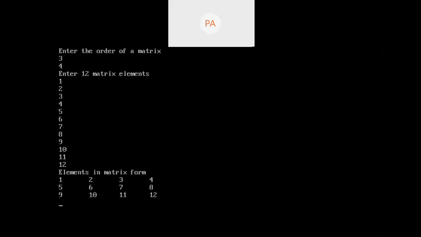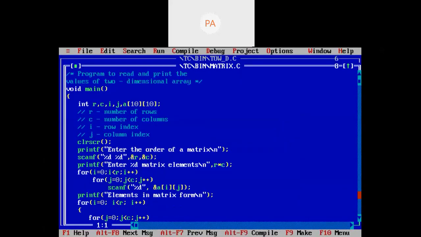So 4 columns it has to print while printing, and 3 rows. First 4 elements in the first row, next 4 elements in the next row, last 4 elements in the third row.